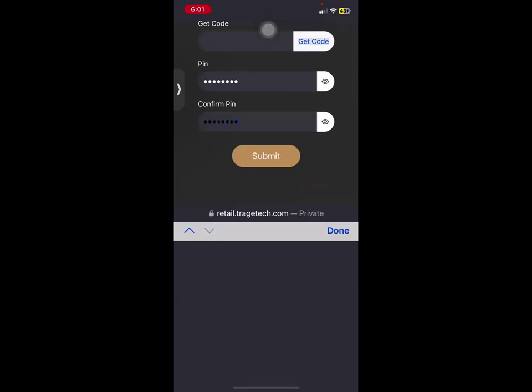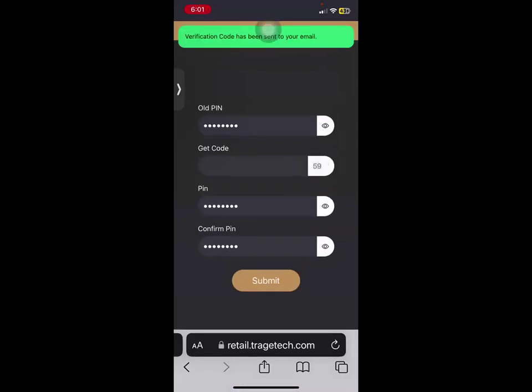And then let's get the code. Click the get code button, and then let's get it from our email.